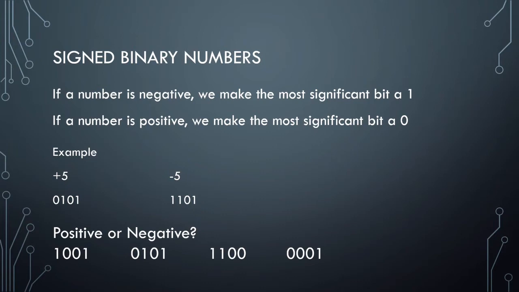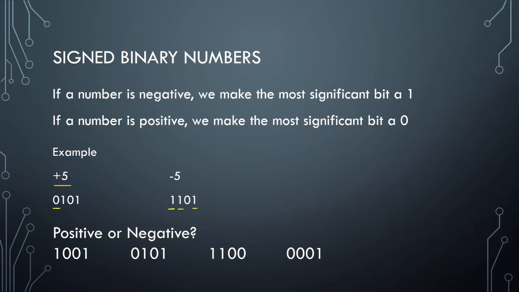So for example, we have this positive 5 down here, and this one is not too hard. So we want to make sure that our most significant bit is 0, and then of course we have 4 plus 1, that equals 5. So this is good. For negative 5, what we're going to do is you can write the number 5 as you normally would, right? 4 plus 1, but this most significant bit, we need to make a 1,